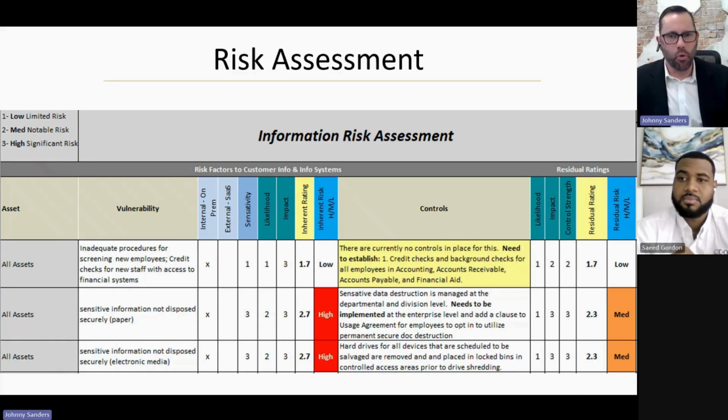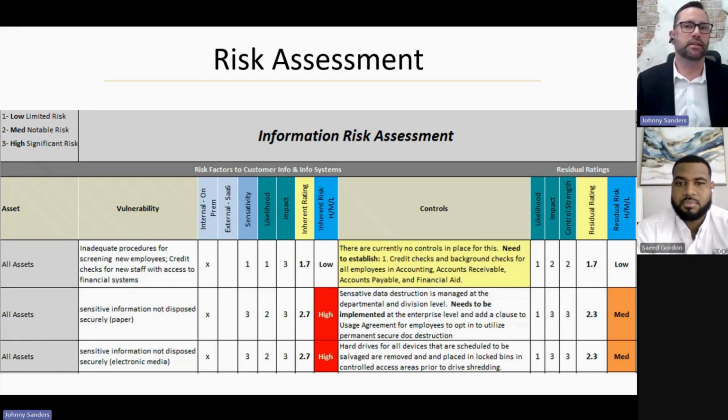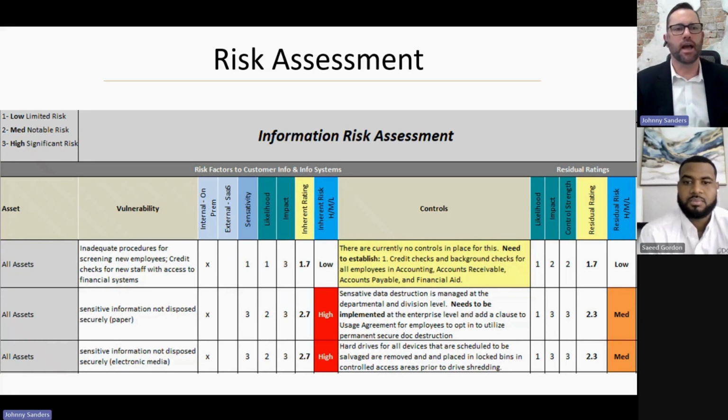And the most important point is that the control column is what helps you write your information security policy. If you have a risk listed and a control that says you're reducing that risk, I should be able to trace it to some type of policy. And again, this is why this is the foundation of your whole information security program. So it's not overly complicated.